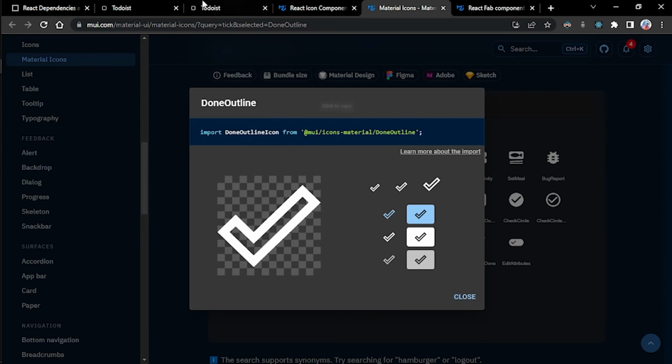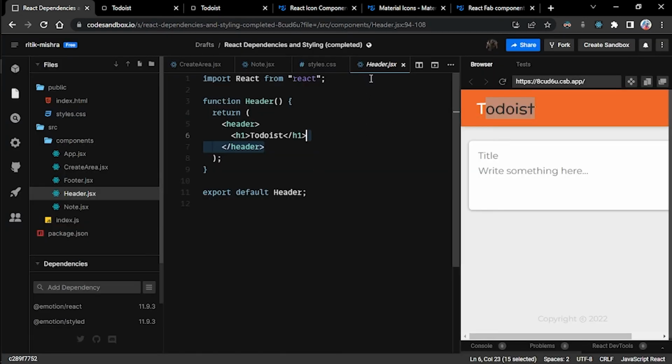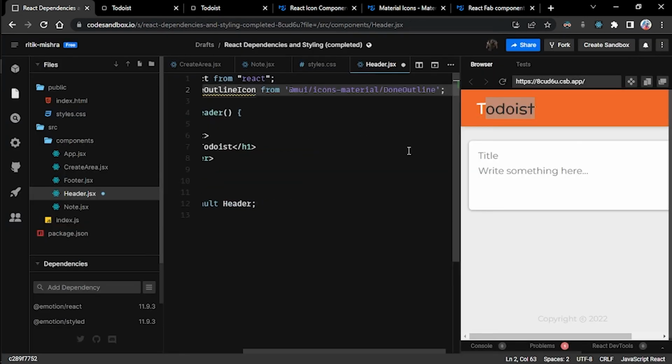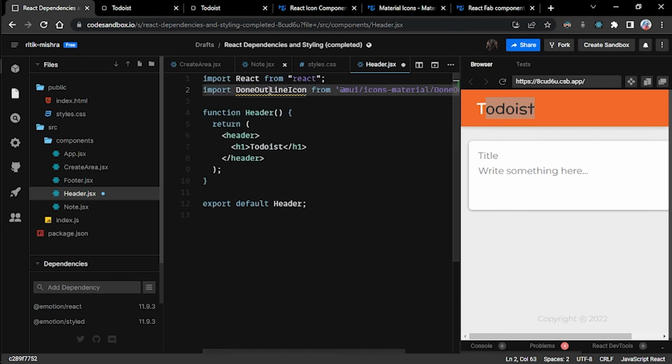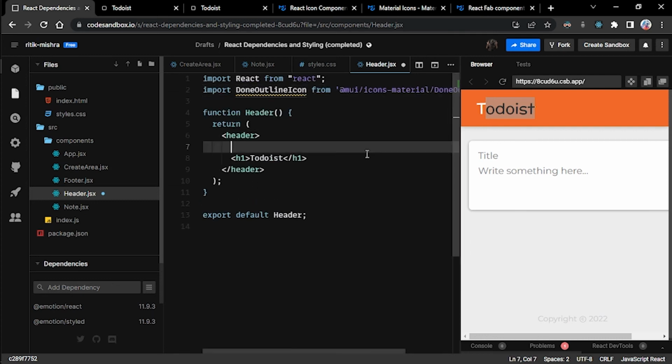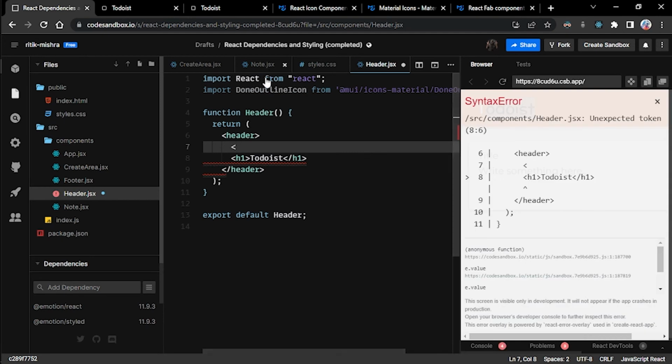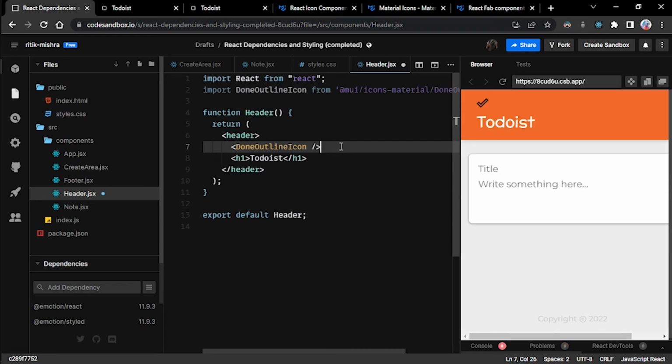So simply by clicking we'll be able to copy this, similar to the previous two icons. We'll import it like this, and in here we can simply use it as a custom React component. And if we save it, now one thing is left,